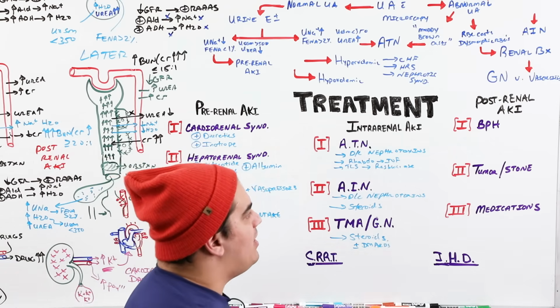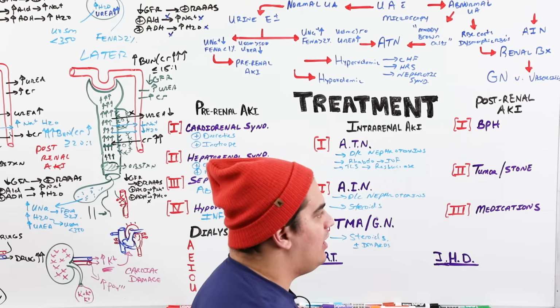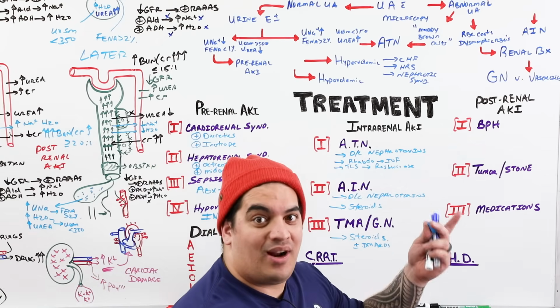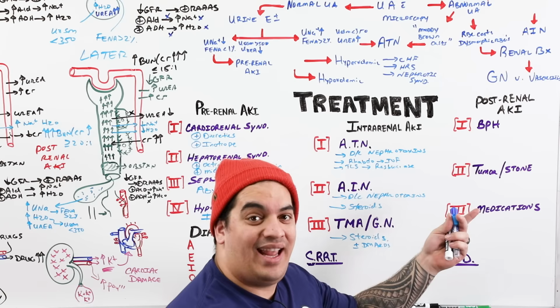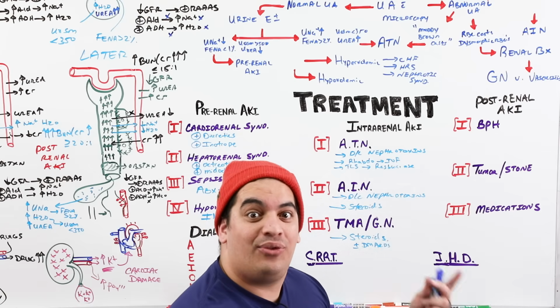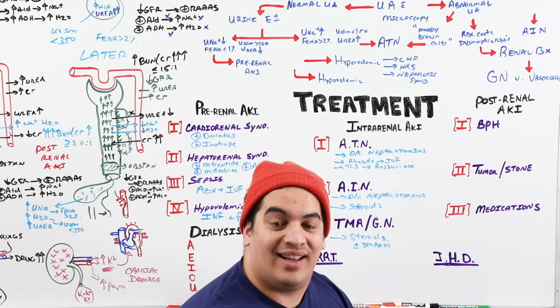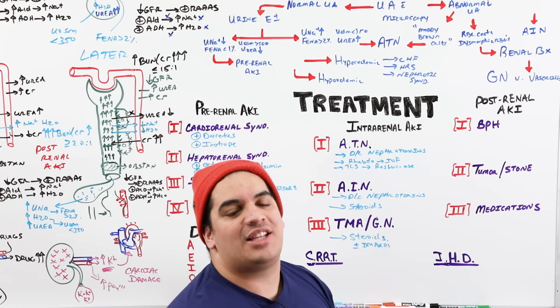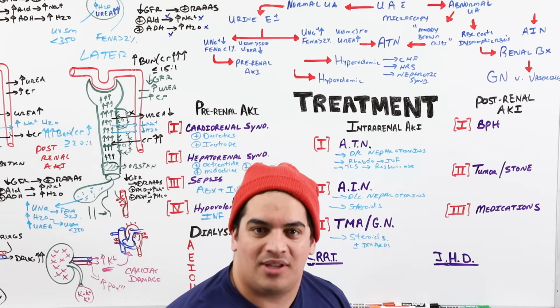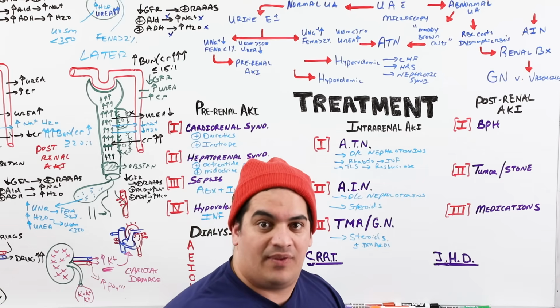Okay, last but not least is post-renal AKI, which is going to be the least common. But again, we go through that process. Is there a hydronephrosis? Think about their medication history. Think about their medical history. Go through those things and think about it, right? So if a patient has a post-renal AKI and you suspect it and you think, oh, they have BPH, that's probably why. What can I do to help someone who has urine retention from severe BPH?